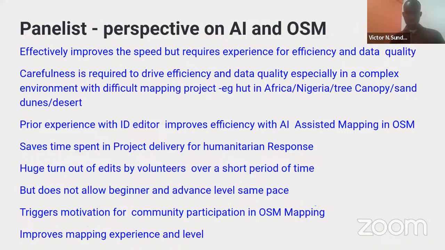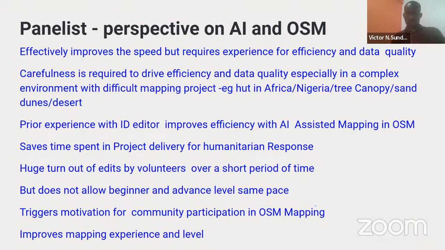I want to also, in addition to the presentations already made, categorically say that AI actually improves speed effectively, but it requires experience for efficiency and data quality.